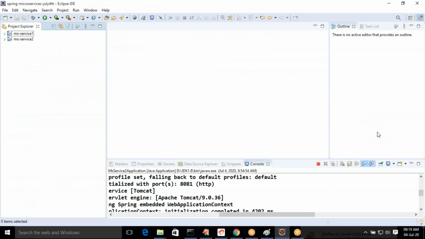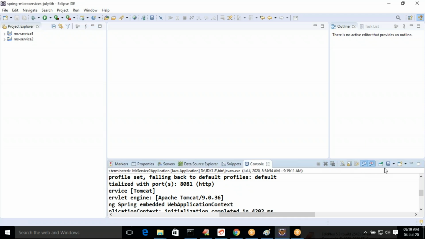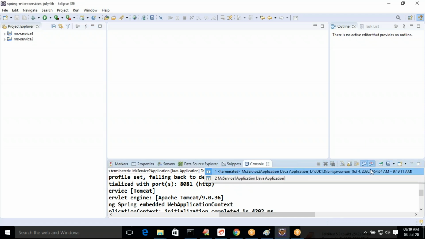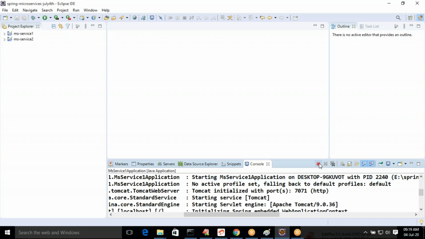To avoid confusion, stop the applications which are already running. So this is one application. Select another application. Stop it. Now try to import.